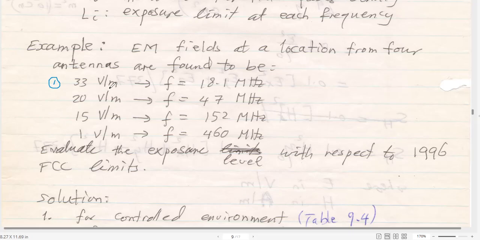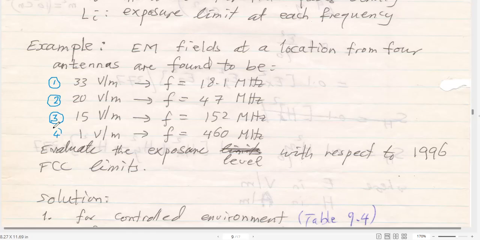radiates 33 volt per meter at the site considered at the frequency of 18.1 megahertz, and the second antenna or the second source exposes the place to 20 volt per meter at 47 megahertz, and the third antenna, the third source, radiates 15 volt per meter at the site considered at 152 megahertz,